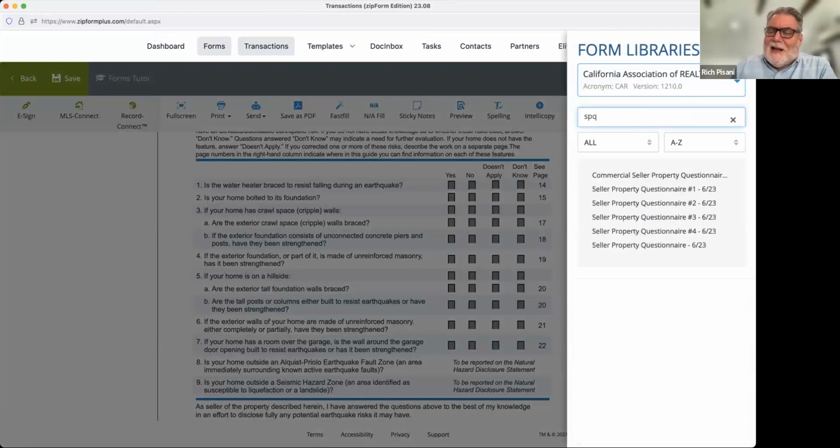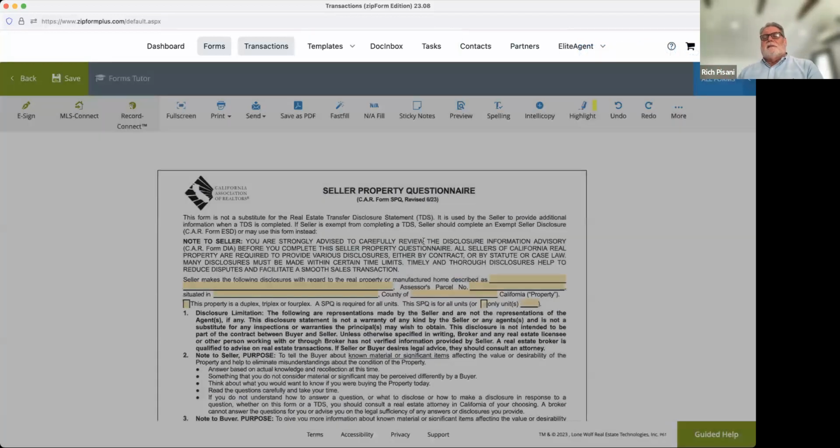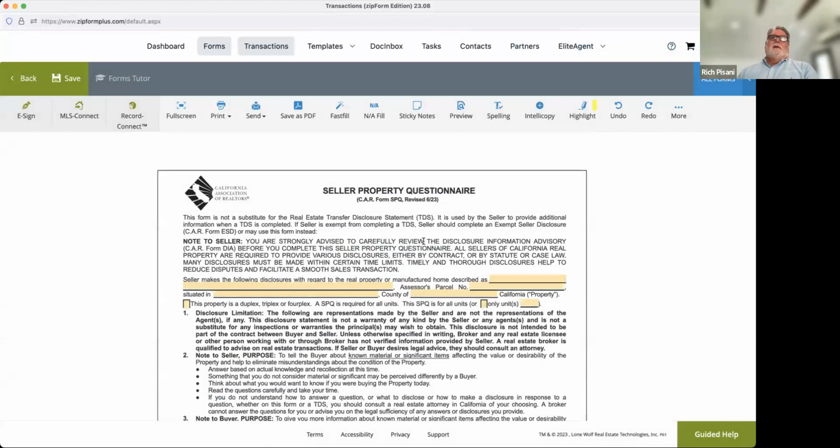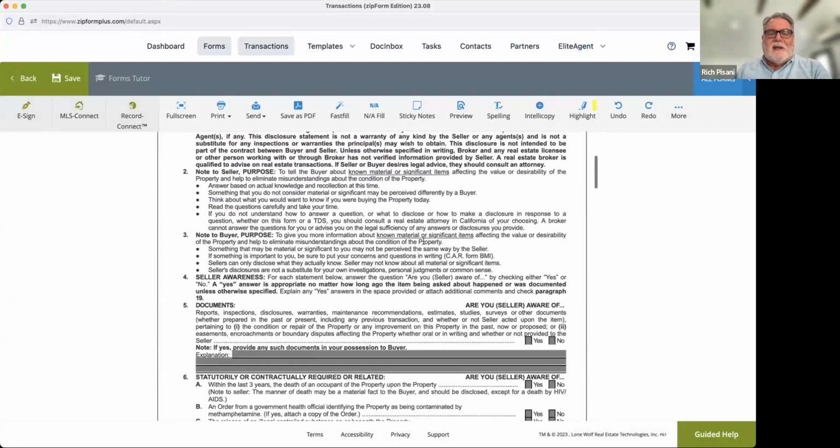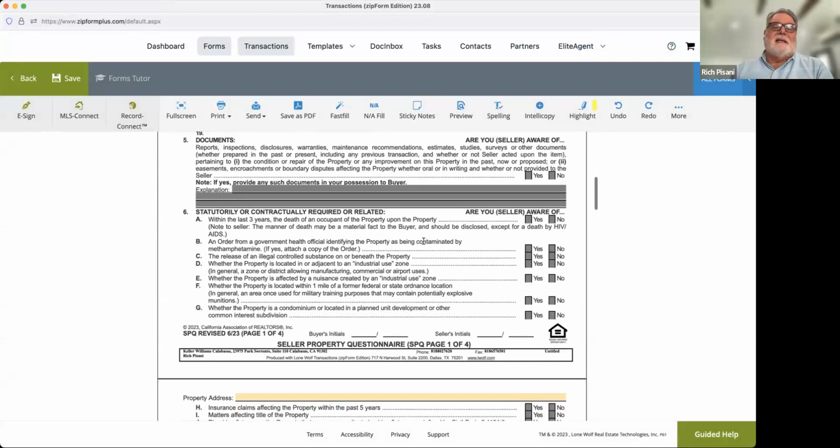Like I said, it's not required, it's not a statutory requirement, it's a contractual requirement. So it's in the RPA that if you're not exempt and you have to fill out a TDS, then you have to fill out an SPQ. And what is an SPQ? I call it the TDS on steroids, because it gets into a whole bunch of